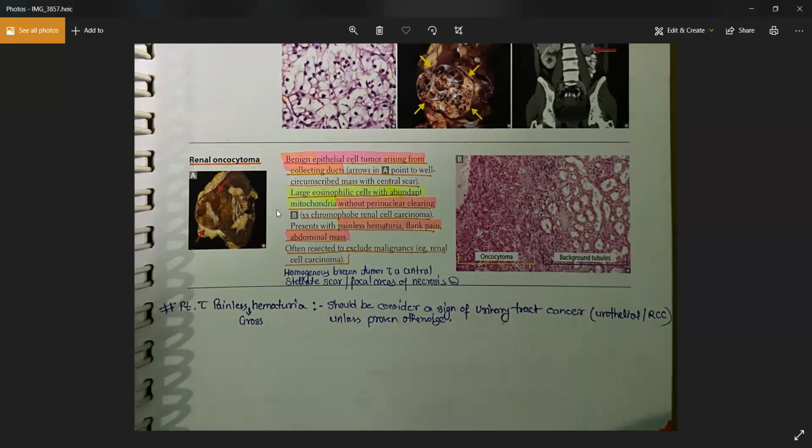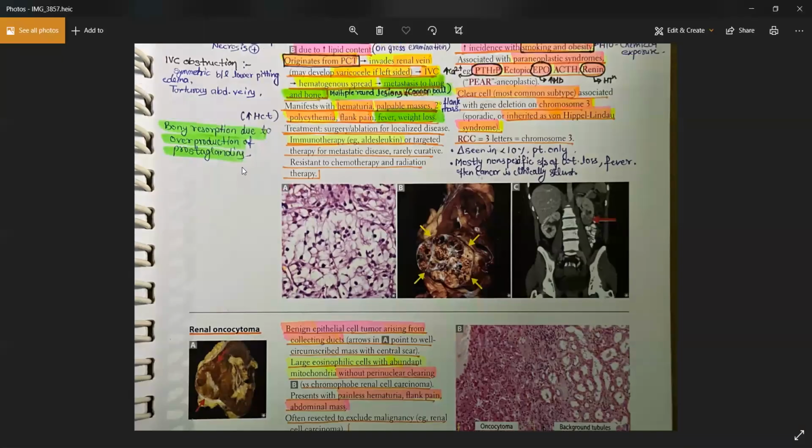In case of RCC, on the gross examination of the tumor, you will see areas of hemorrhage and necrosis, showing that the tumor has a very high malignant potential. Once you see the renal oncocytoma, because it is a benign tumor, you won't see any necrosis, you won't see any hemorrhage. It will be a diffuse, homogeneous, sharply demarcated mass. As you can see, the borders are very sharply demarcated. And unlike RCC, you cannot have any necrosis or hemorrhagic regions.